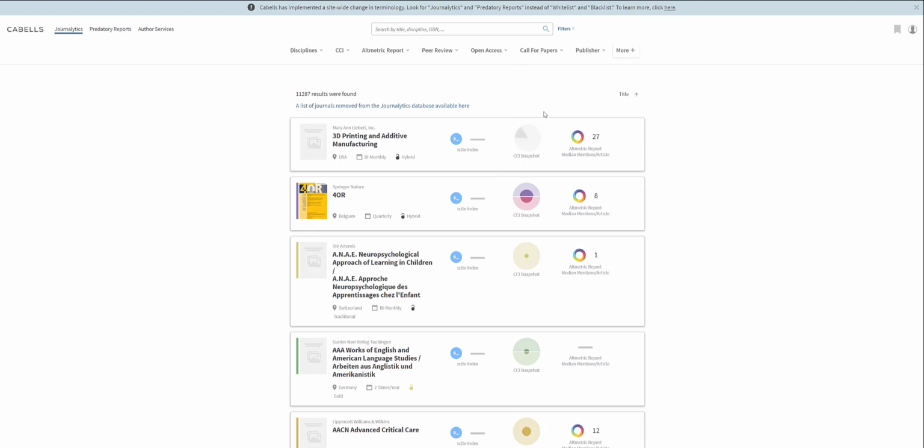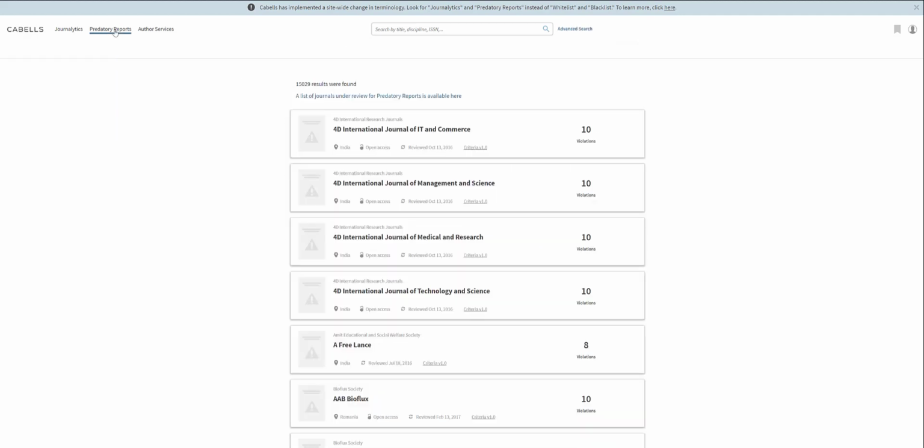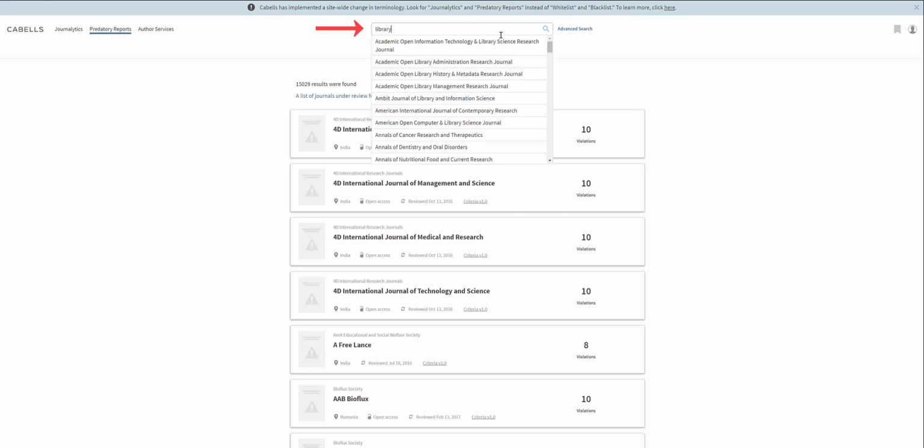What else does Cabells have to offer us? Predatory reports. So we can see already it's giving us a link to a list of journals removed from the Journalytics database. These were removed because they are either outdated, no longer in existence, or perhaps they are predatory. If I want to see if something that I was interested in publishing is listed as predatory by Cabells, I go to predatory reports. In here, I can search my topic,